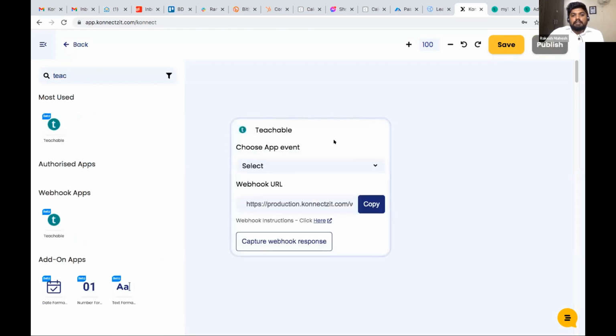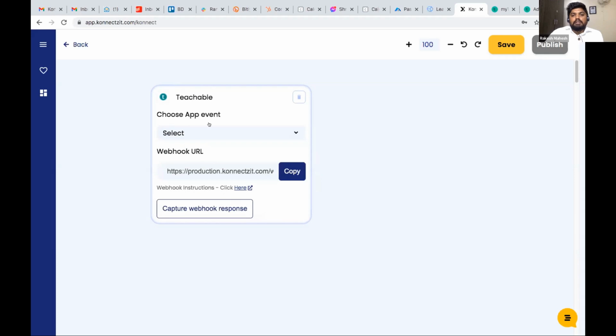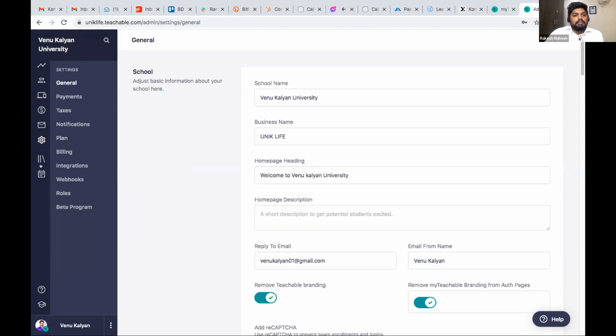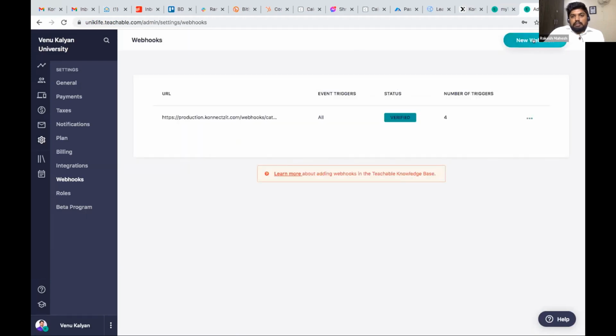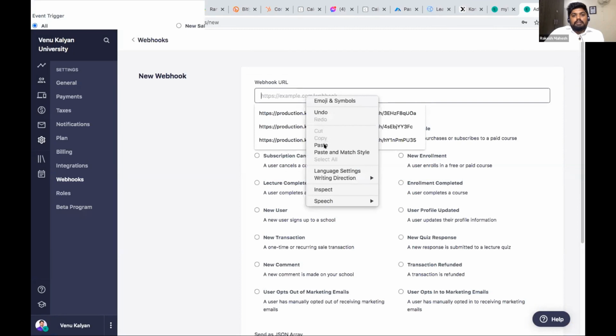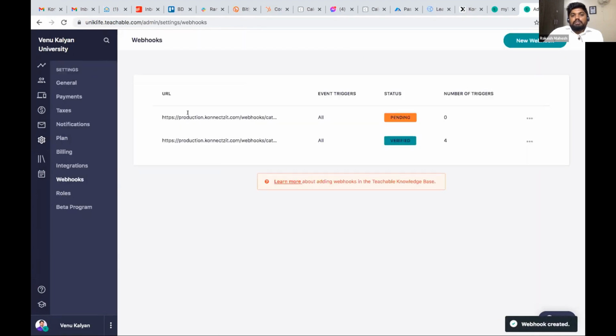We support all these kinds of applications, and they just need to copy this URL and go to Teachable instructions, which will be under settings and webhooks. They just paste the webhook over here. That's it. They select the format we support, which is JSON, and create the webhook. This will enable things. Once they are done, they are good to go.